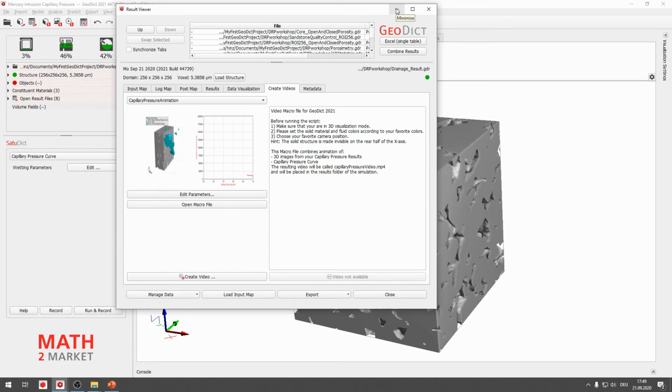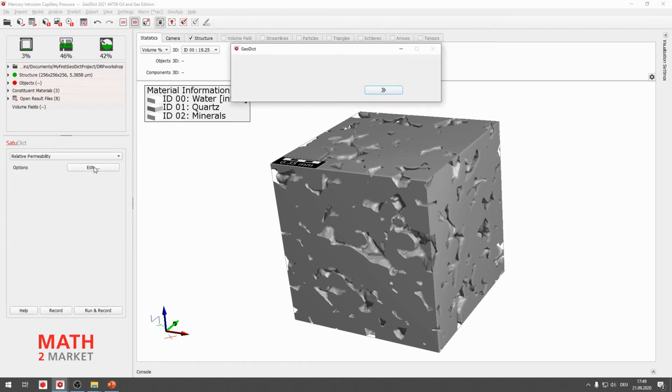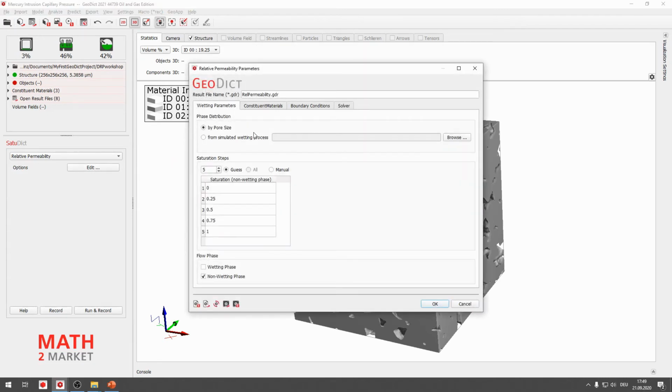Alright, let's go to the relative permeability computation. Therefore, we will go back to the SATODICT section that is still open here. And from the drop-down menu, we will choose relative permeability. We will click Edit here. So the first thing we will have to do is change or apply the phase distribution of the drainage that we have performed.